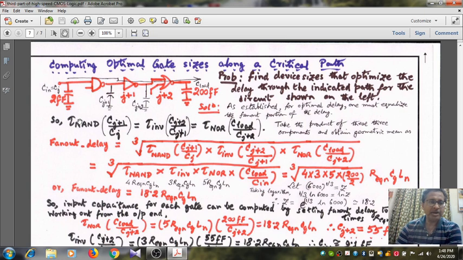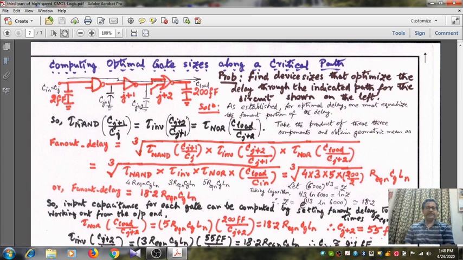So once again, what is the objective? Objective is to obtain the optimum value of gate size. In fact, gate size means, what I mean is the individual transistors. So you will be able to tell me that a 2 input NAND gate has got 4 transistors, 2 NMOS and 2 PMOS. What will be the required size of the PMOS and NMOS transistor? For the inverter, we have got a NMOS and PMOS. So what will be the size of that NMOS and PMOS transistor? Again, for a 2 input NOR gate, we have got 2 NMOS, 2 PMOS. What will be the sizes? And possibly all the NMOS and PMOS transistors will differ in sizes from gate to gate. You will be surprised that we are able to find that out.